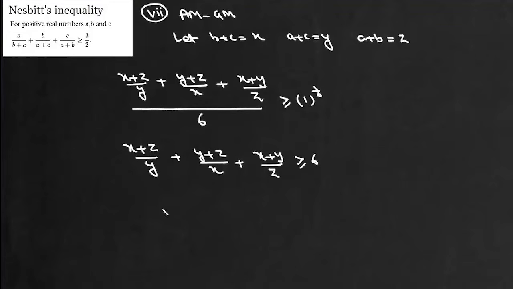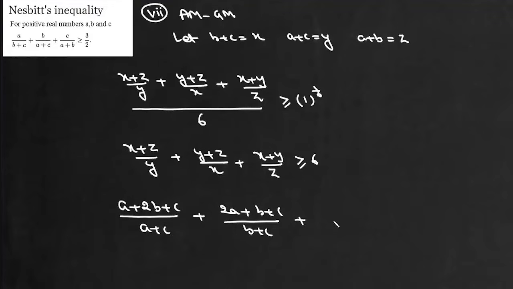अब यहां से x, y, z का वैल्यू पुट कर देते हैं। अब यहां पे x प्लस z जो आएगा वो आएगा आपका (a प्लस 2b प्लस c) अपॉन y, y है आपका a प्लस c के। इसी तरीके से y प्लस z हो जाएगा आपका (2a प्लस b प्लस c) अपॉन (b प्लस c) प्लस x प्लस y हो गया आपका (a प्लस b प्लस 2c) अपॉन (a प्लस b), और ये बड़ा है बराबर है 6 के। अब इसको दो पार्ट में स्प्लिट करते हैं, तो (a प्लस c) अपॉन (a प्लस b) 1 हो गया, तो ये गया 1 प्लस 2 इंटू